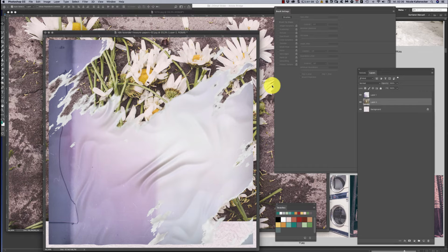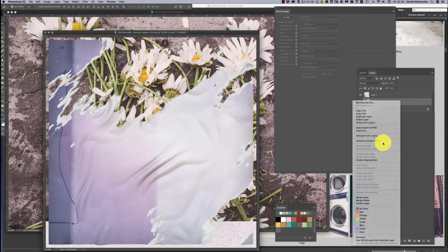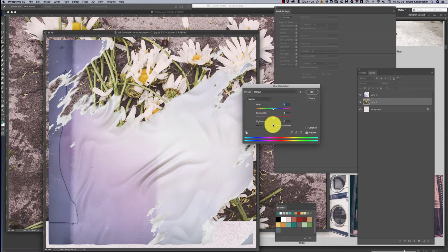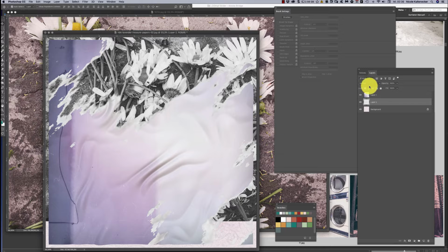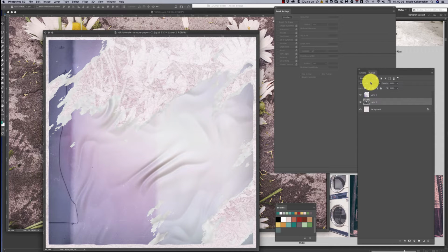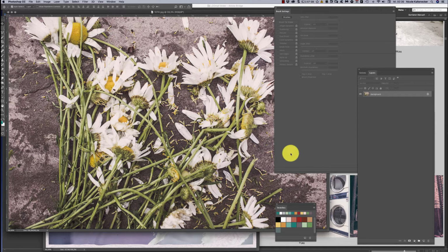So let's try something. We go down with the saturation, and maybe we multiply it to the paper underneath, and yes, you get some really nice effects. Oopsie, now it's gone. It's overlay, and